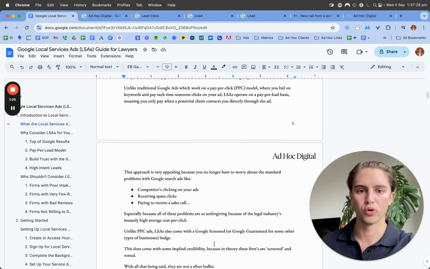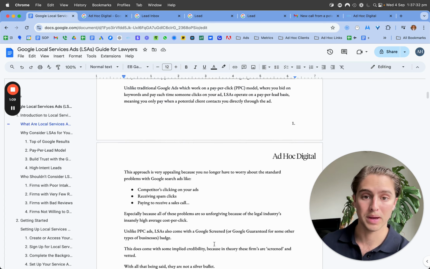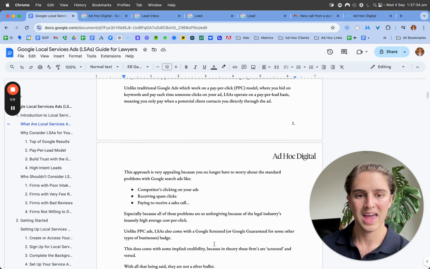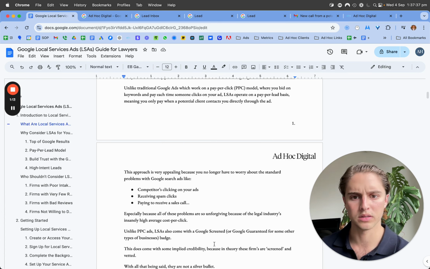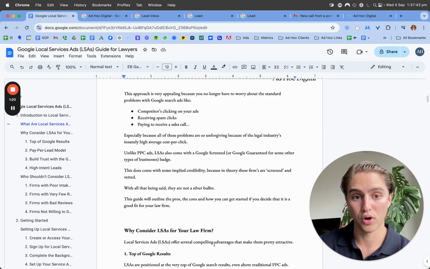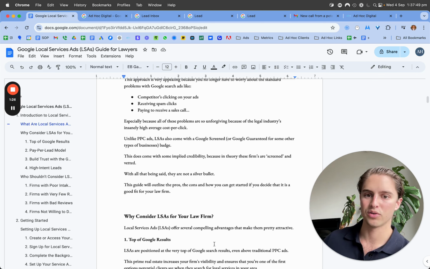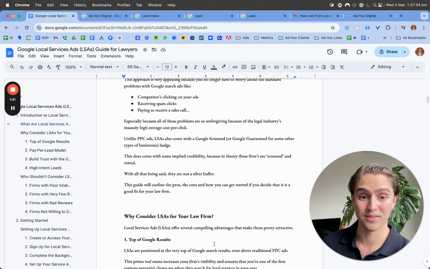2024. Unlike normal Google ads that work on a PPC, pay-per-click model, where you bid on keywords and you pay each time someone clicks on your ad, LSAs operate on a pay-per-lead basis, which means that you only pay when someone contacts you directly through the ad. So obviously this makes it quite appealing. This approach is appealing because you don't have to worry about competitors clicking on your ads and paying for that, receiving spam clicks, paying to receive a sales call. I mean, they're all extremely painful problems, and especially given the legal industry's insanely high average cost per clicks, it